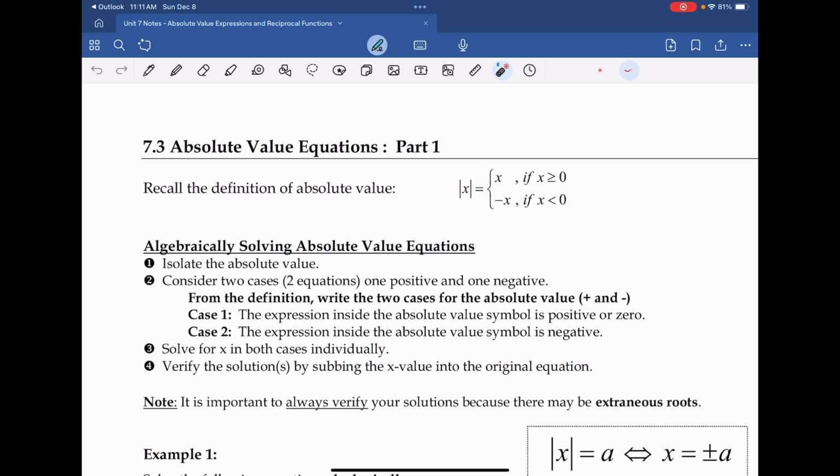The absolute value can be separated into two parts, separated by different domains, where we have our original x, which is our first piece, and we have our negative x, which is our second piece, and they're separated by the x-intercepts. Now, when we go on to solve these algebraically, essentially what we're going to be doing is just like